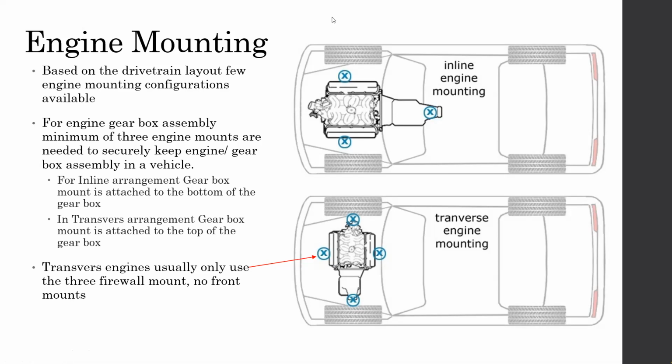So how do you identify which side is the front? Back is where the engine and gearbox are assembled. So that means the flywheel side is always the back side. So this is the front of the engine. There's one mount here, and in addition to that, there could be 2 mounts on either side of the engine block, right? But